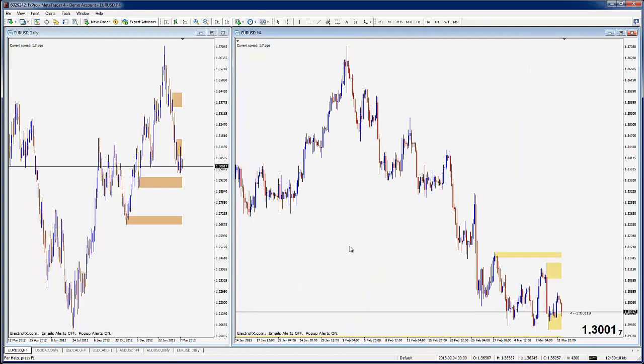I'm a big fan of these H4 for my longest term trades that I'm after, because they're intra-week, and that's really as long as I want a trade to be going on. That's my personal preference. So those are a couple of options for you, and the main bonus with viewing things this way, we're viewing the same thing but